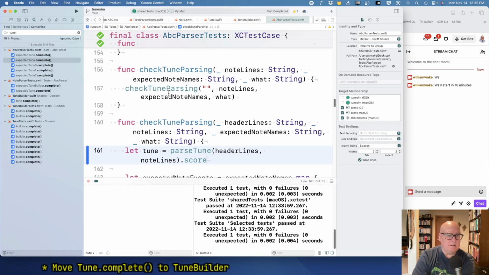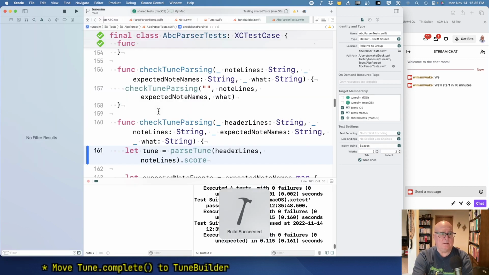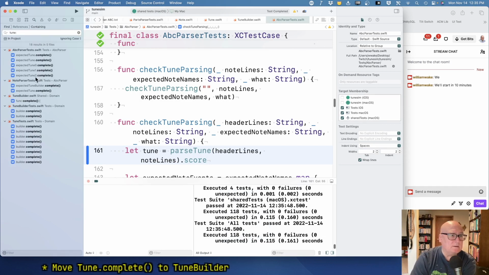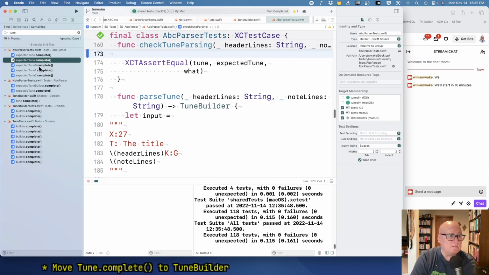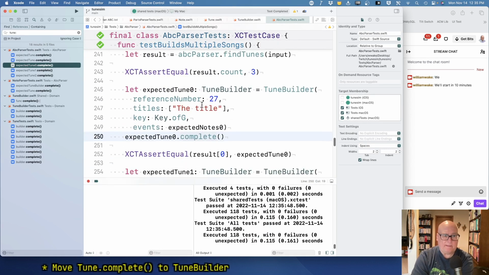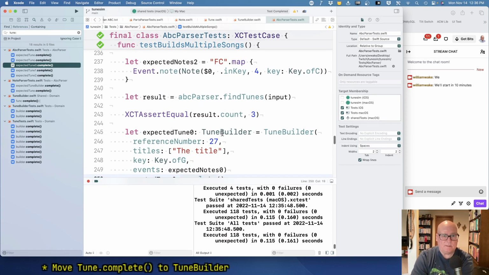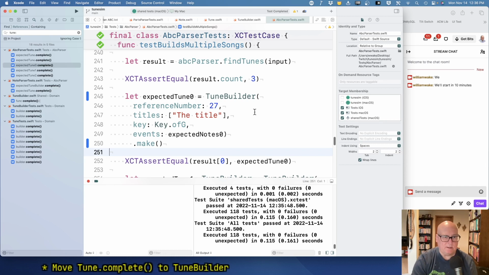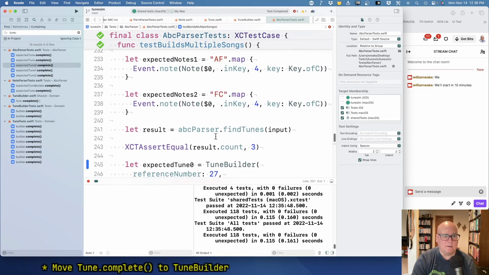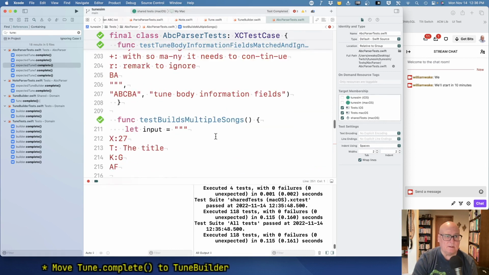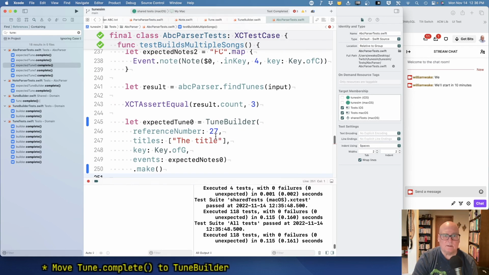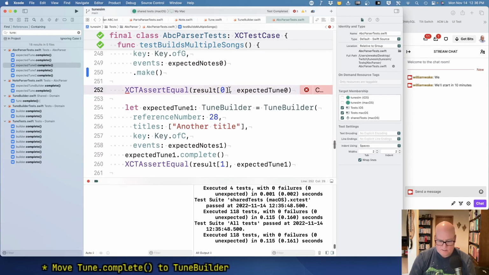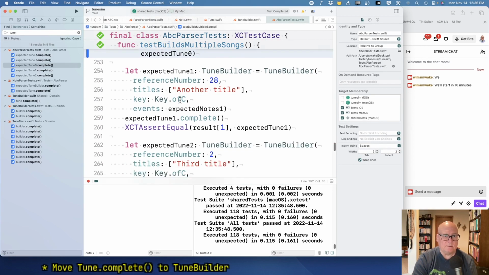Okay, again, anybody who uses this should be okay. So let's see if these all work. Okay. Now this 1, 2, 3. Okay, so I think here, expected TuneBuilder, I don't think we need to say the type. TuneBuilder.make. And that should be a tune. Result 0. Let's see what result. Input expected. Result is ParseTunes. Okay, tune